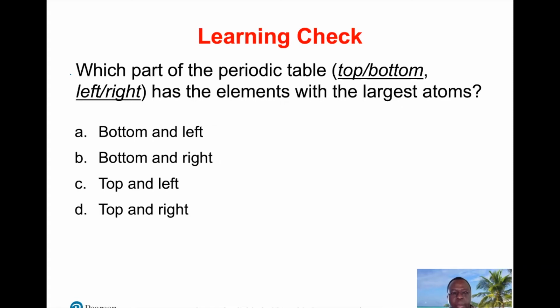Bottom and left, bottom and right, top and left, top and right? Use the chat window. Let's see, somebody, yes, bottom left. Yes, thank you, Catherine. Bottom left, Lauren, thank you. That is good. Yes, the bottom left, because